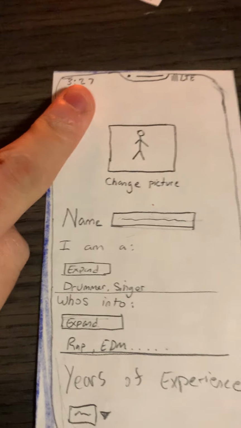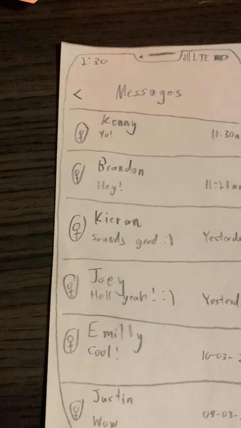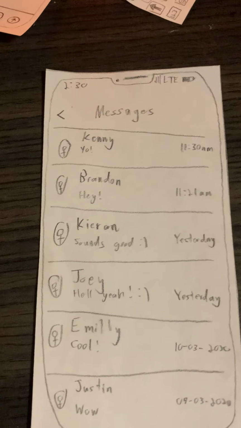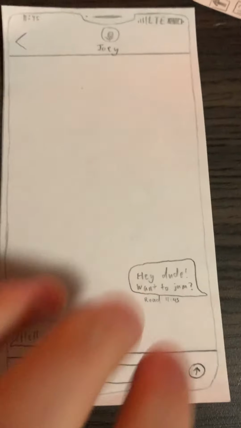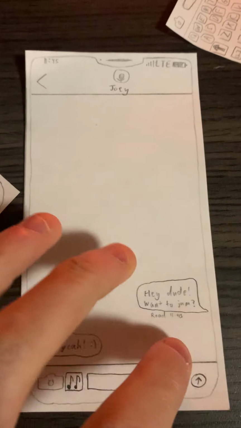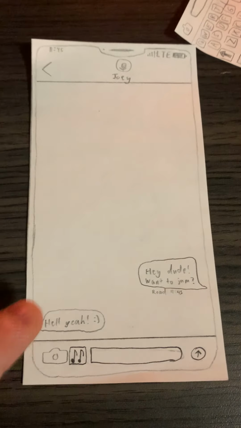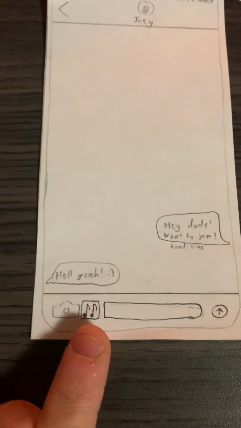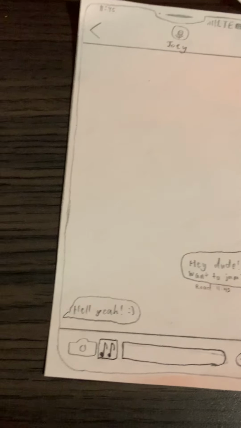And so now let's go back. It'll take us back to our user profile. Let's say we want to check our messages. It takes us to our messages here. It goes to this, which is just a generic list of messages with little profile icons beside it. So let's say we wanted to talk to Joey. After that, it'll take us to this screen here. Our messages will be on the right side, and the replies from the user will be on the left side. This little icon down here, the little eighth notes, if you click on that, you will be able to send a clip